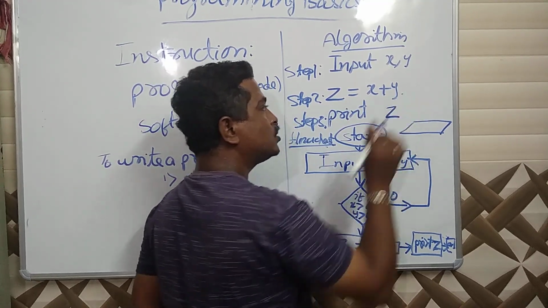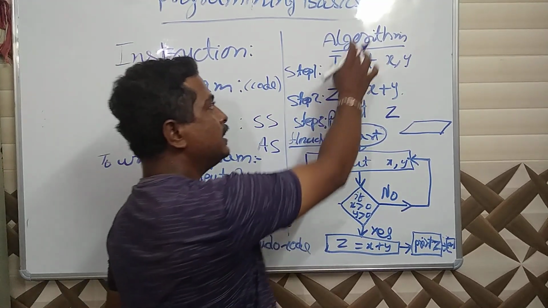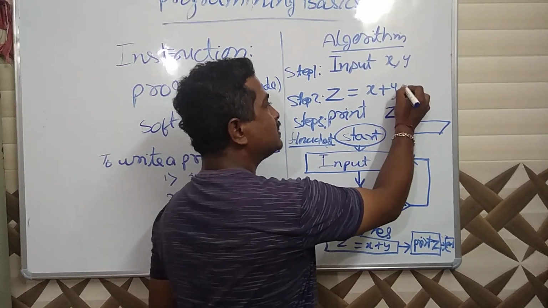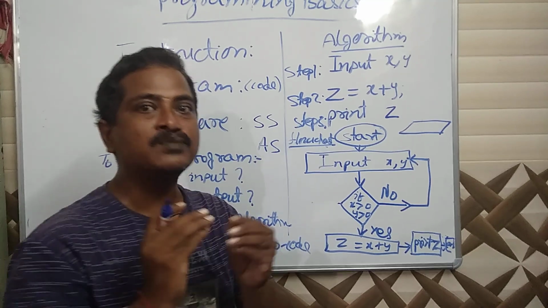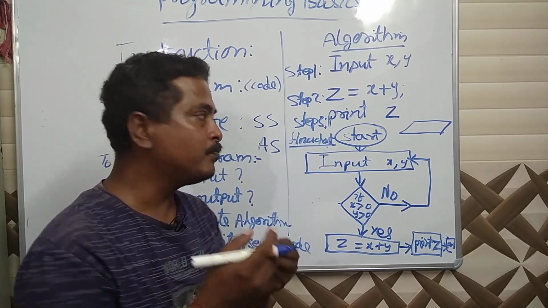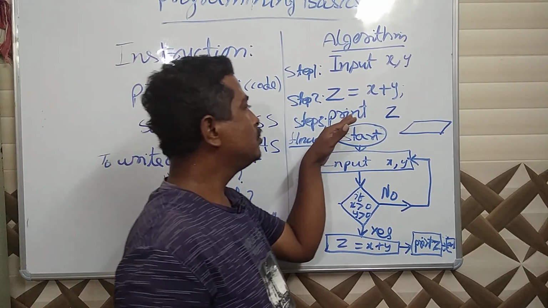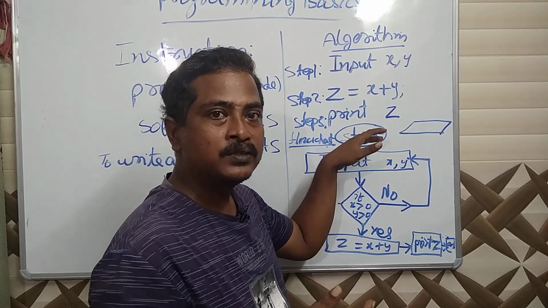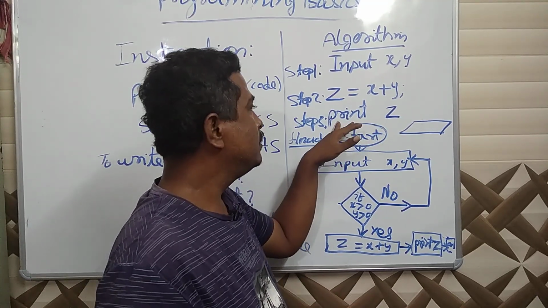If you give a full stop, that is also okay because you are writing an algorithm. But if you are writing C, C++ or Java, you have to give a semicolon here. That's it. Small changes which will look like a program. Here I have written print. It is an English word. In case of C, you will write printf.